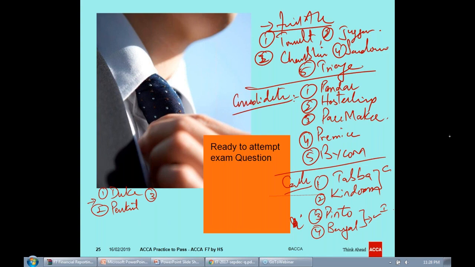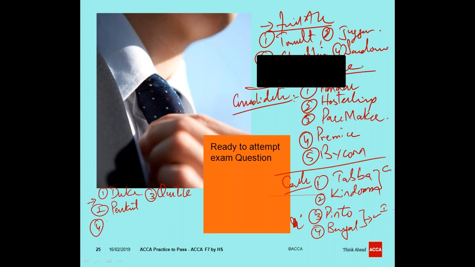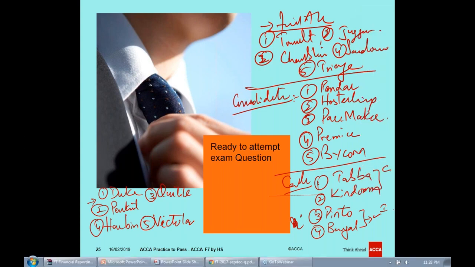The third one is Quartile. The fourth one is Herbin. Fifth one is Vicular. So if you do all these questions till the examination date, you will be 100% perfect, and inshallah, your paper